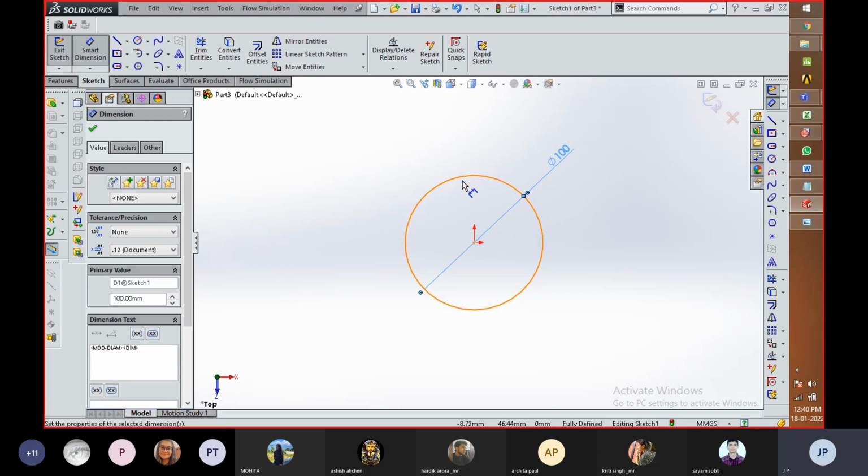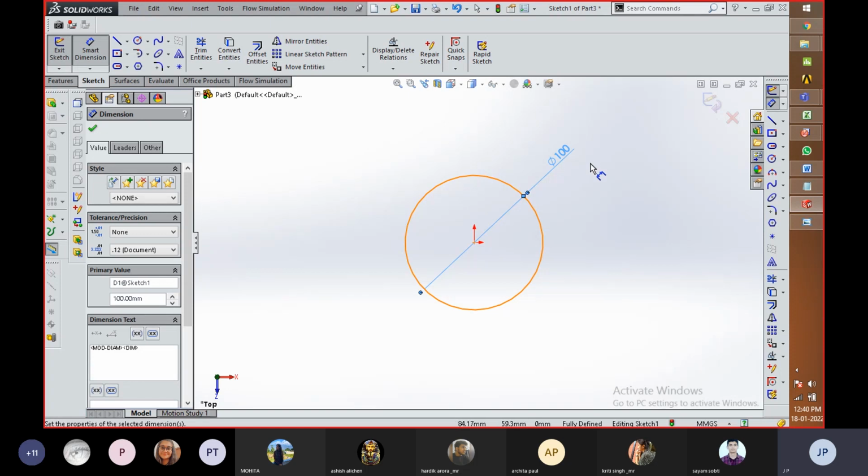While creating these things, if any student has any query, please raise your query at the same time so we can repeat that part. Okay, because if the drawing completes, it takes so much time to edit and make revisions. So you can see that by putting a value of 100, a 100 millimeter diameter circle is placed.